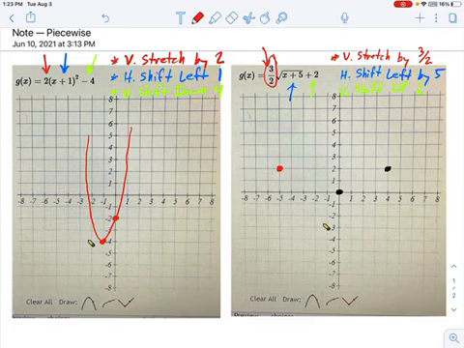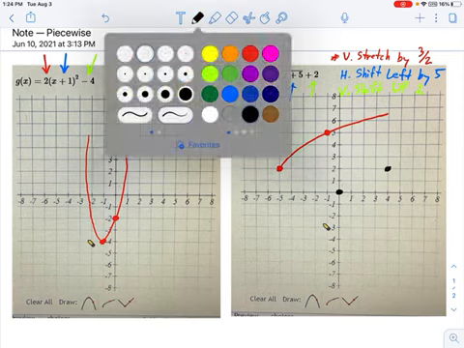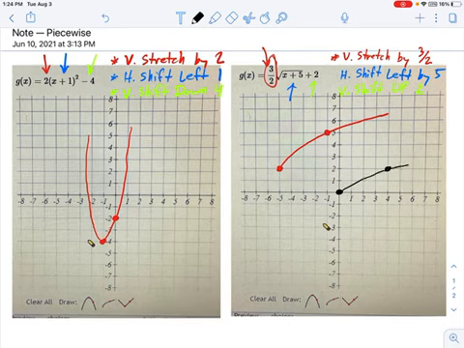If you start out from 4, multiply by 3 halves, start out from 2, multiply it by 3 halves, it puts you up to 3. Then we shift left by 5, and then we shift up by 2. Okay, so I'm going to be over here. And we can get rid of those little work sketches. And now, if you draw the parent function, or the computer will draw it for you, oh, that's a nice curve, you're going to see that this thing is actually a little steeper than the original parent function. See, here's the original parent function, something like that. It actually got a little taller because of that stretch factor of 3 halves that's making it taller vertically.